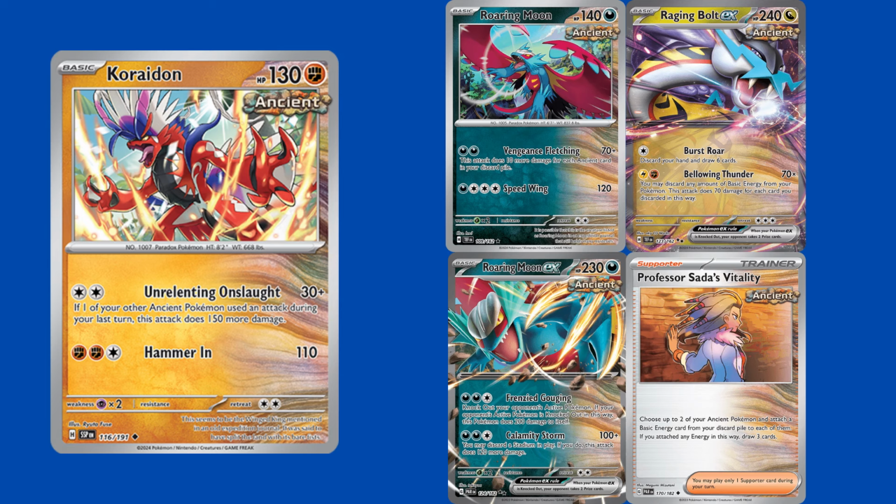Koraidon could have been included in my top 10, that's how strong it is. If one of your other ancient Pokemon attacked during your last turn, even if it's another Koraidon, Unrelenting Onslaught deals 180 damage for 2 colorless energy. That's good on its own for any ancient deck running Professor Sada. Add in the fact that it's a fighting type, now you can one-shot Terapagos EX easily. Get yourself 4 Koraidon for 400 credits, put them into any of your ancient decks, and now you have a